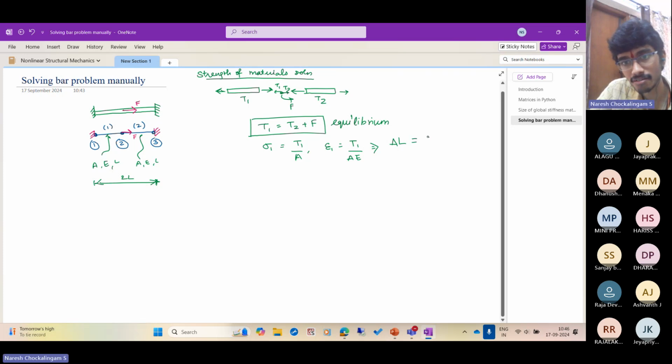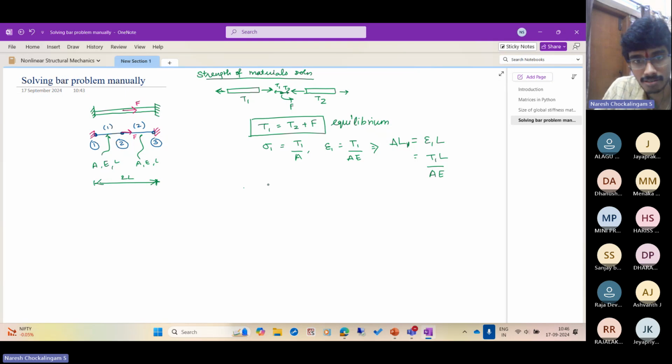What is it? It's just epsilon 1 into L, right? So it is T1 L by AE. So the first member has extended by delta L1. Right? The first member has extended by delta L1. And what about the second member? The second member, it is